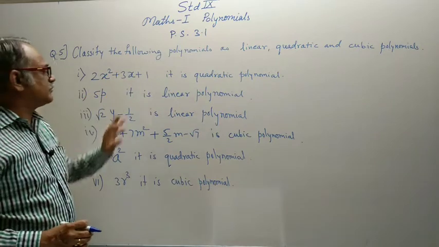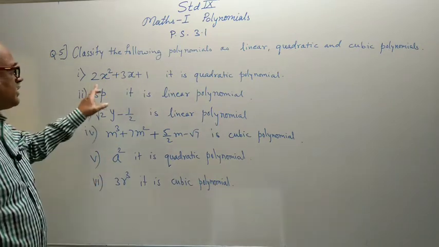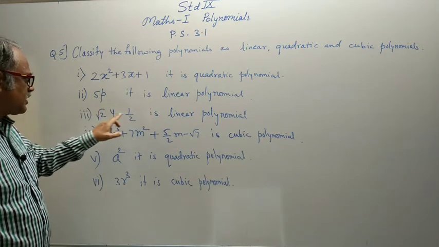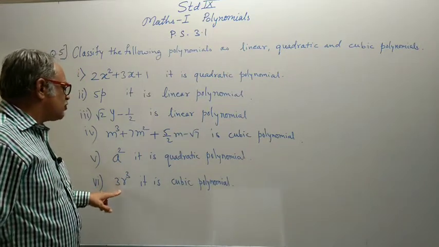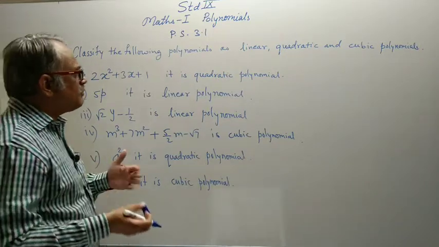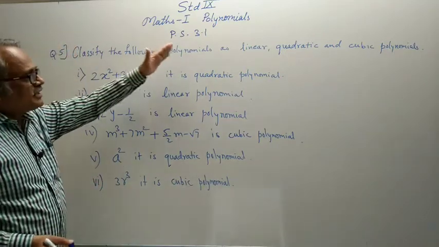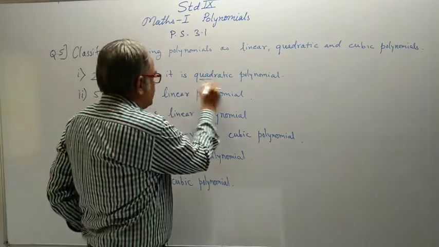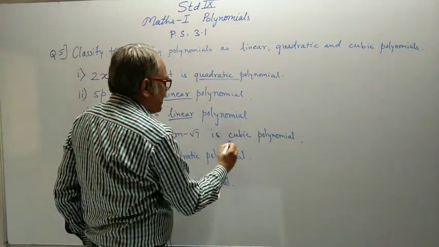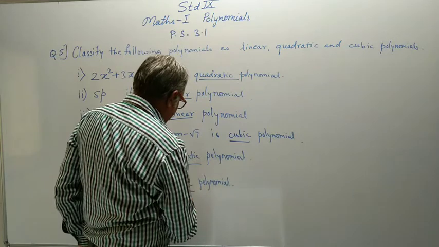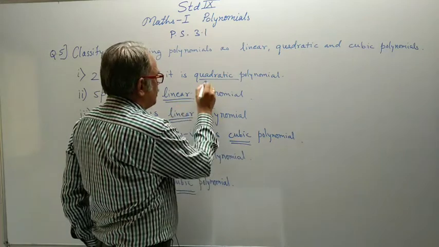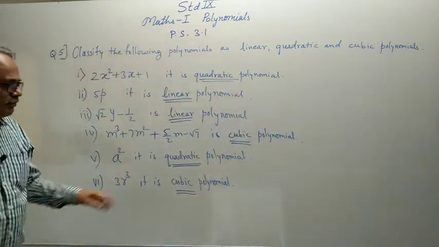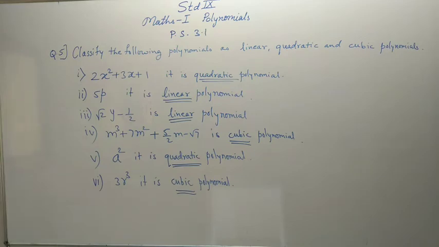Remember, polynomials are classified as per degree into these 3 types: linear, quadratic and cubic, and as per terms: binomial, trinomial, monomial. These are 3 terms, trinomial. This is monomial. These are 2 terms, binomial. Monomial, binomial, trinomial are based on number of terms. And whatever is asked here, quadratic or linear, all that is based on index, maximum index, degree of the polynomial. So it is a different type of classification than binomial, trinomial. So neatly note it.